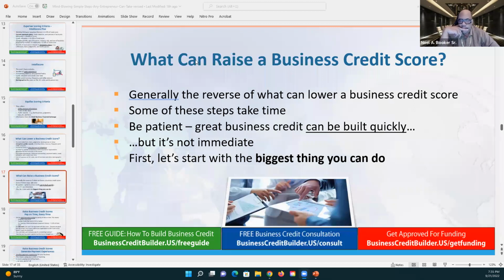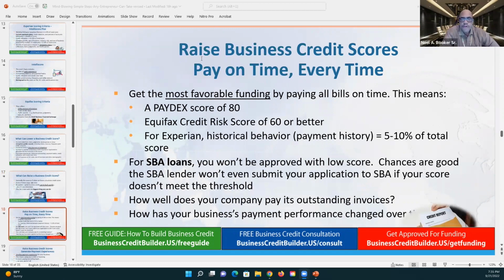First, let's start with the biggest thing you can do to raise business credit scores: pay on time, every time. So get the most favorable funding by paying all bills on time. This means a Paydex score of 80, Equifax credit risk score of 60 or better. For Experian, historical behavior, payment history is 5% to 10% of the total score. For SBA loans, you won't be approved with a low score, period. Chances are good that the SBA lender won't even submit an application to the SBA if your business score doesn't